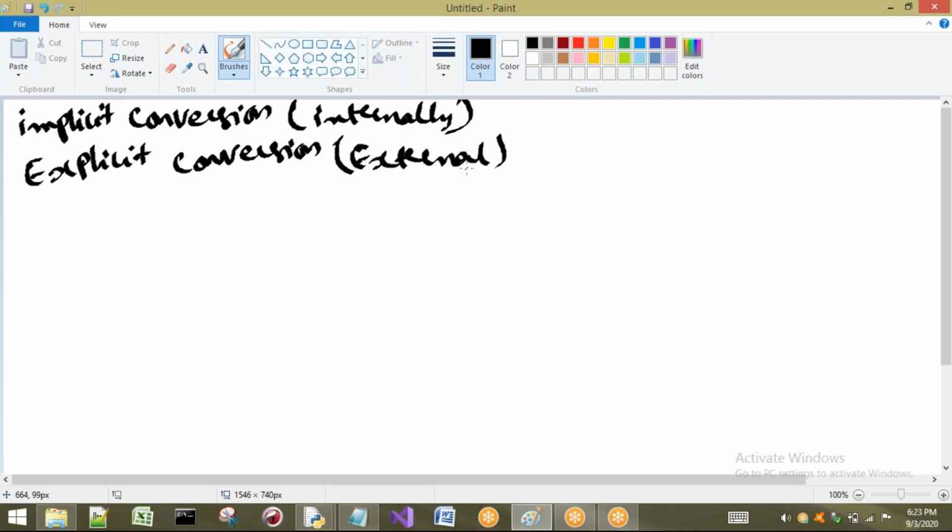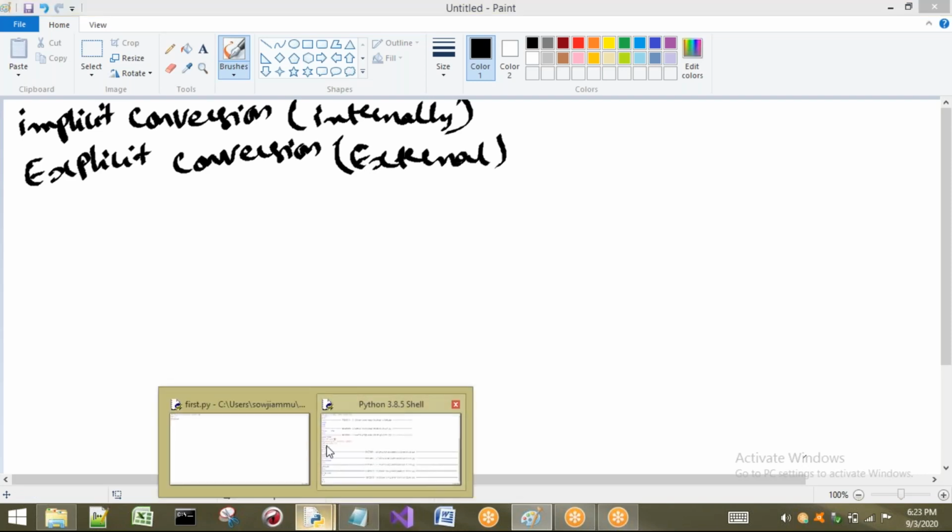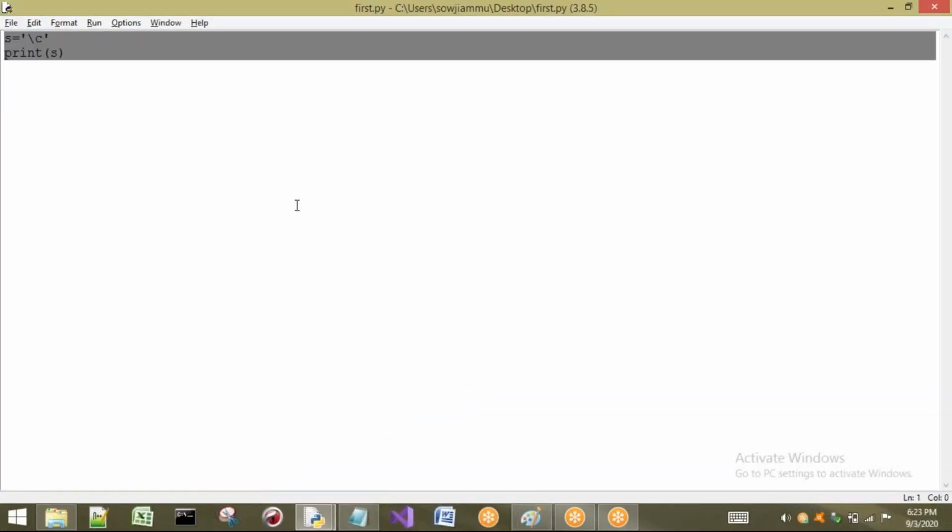If you are going to perform implicit conversion, there is no need for any user involvement. Your system, your interpreter, is going to convert one type to another type directly. So I will take some examples. Now see, here I'm going to take a as, for example, 20. So a is int type.